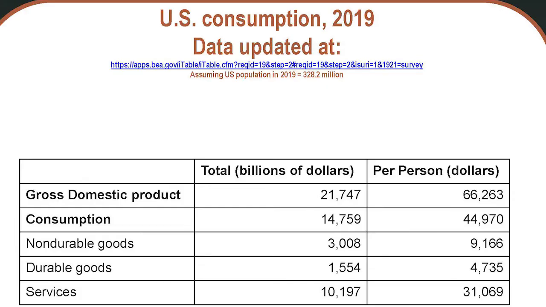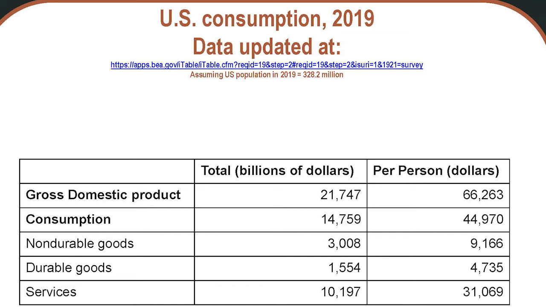I took the slide that was produced here and updated it using data from 2019, and I'm providing the link there. I strongly encourage you to go to that link and explore for yourself. There are a lot of other little opportunities to explore data collected by the Bureau of Economic Analysis by going to that website. We can see that in 2019, GDP was about $21 trillion,